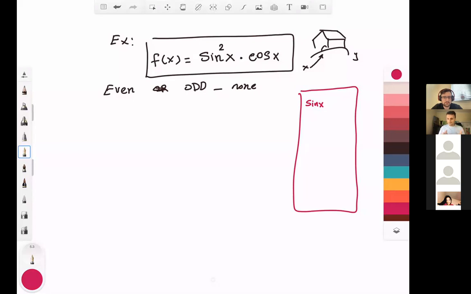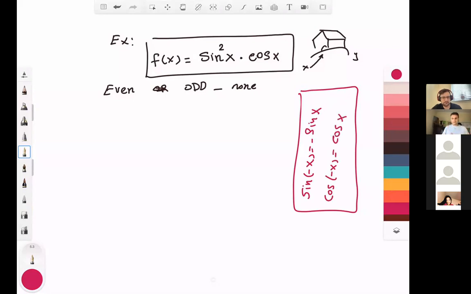In the lecture that we talked about, we have two things about even and odd. We know sine of negative x equals negative sine of x, and cosine of negative x equals cosine of x,